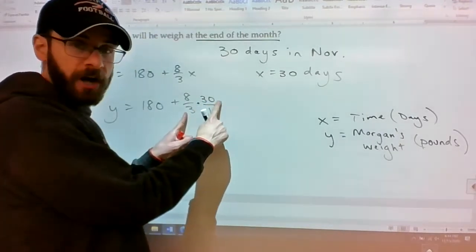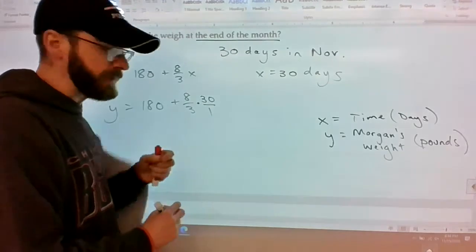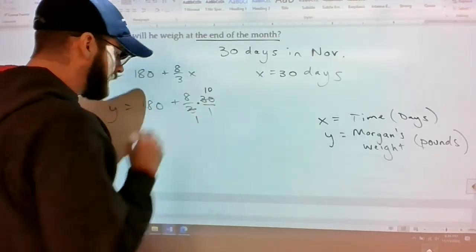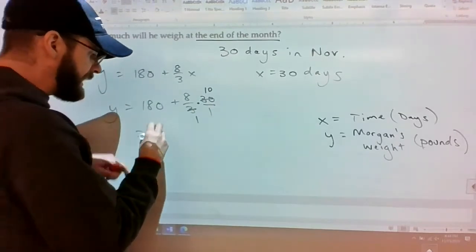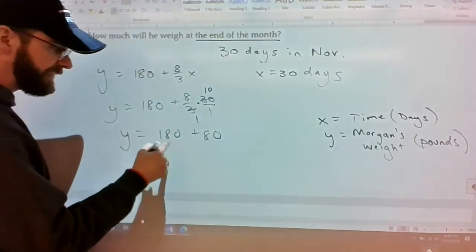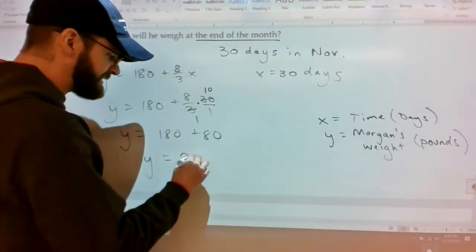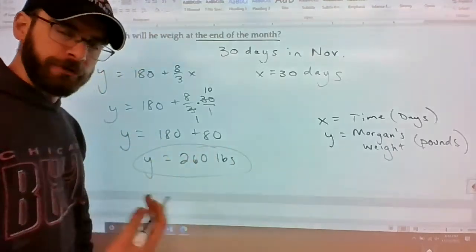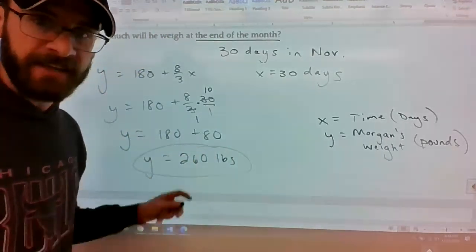Can we cross cancel 30 and 3? Yes, we can. 30 divided by 3 is 10 over 1. So then you get 180 plus 80 equals y, and that gives us 260 pounds. Based on an average rate of change of 8 pounds every 3 days,